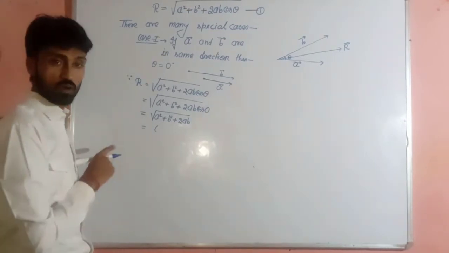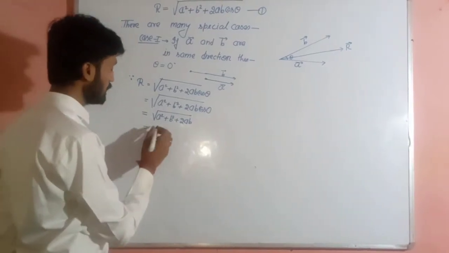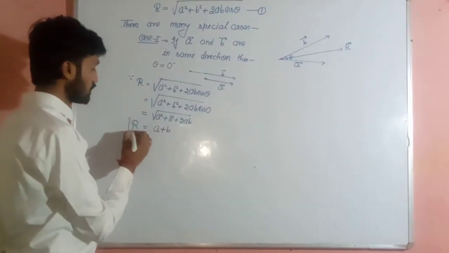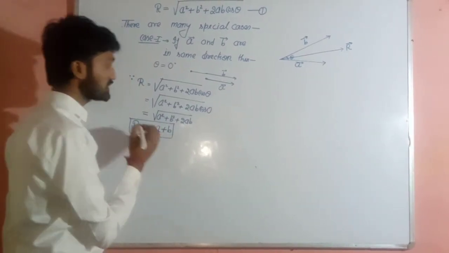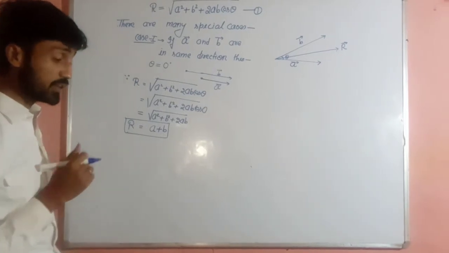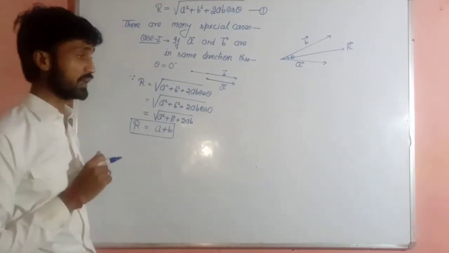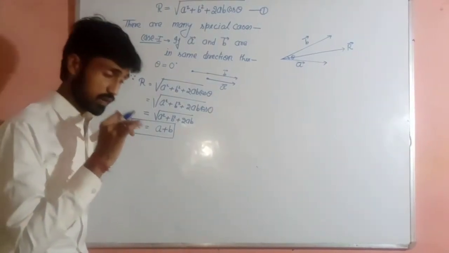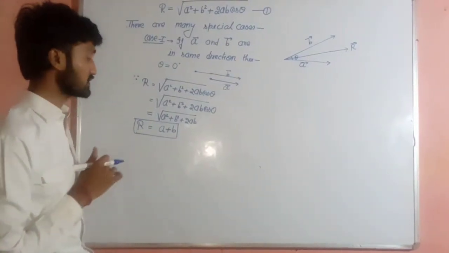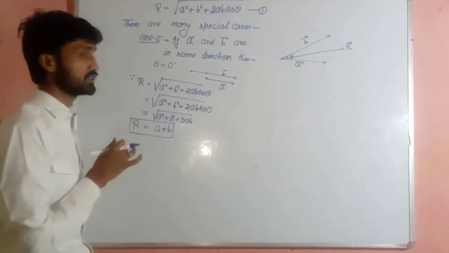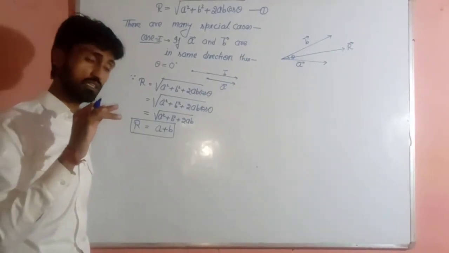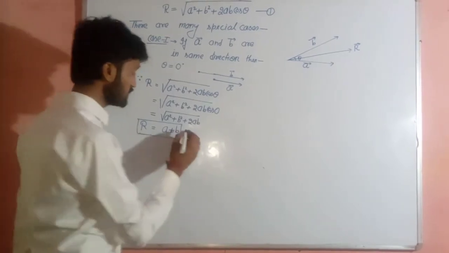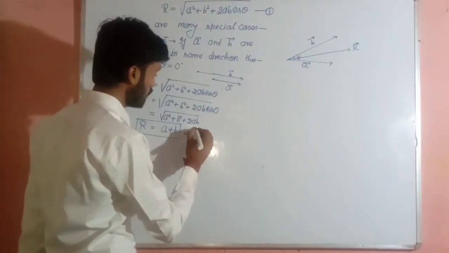So this will be equal to A plus B. That is, we can say that the magnitude of the resultant of vectors in the same direction will be the sum of the magnitudes of these two vectors, which is the maximum value